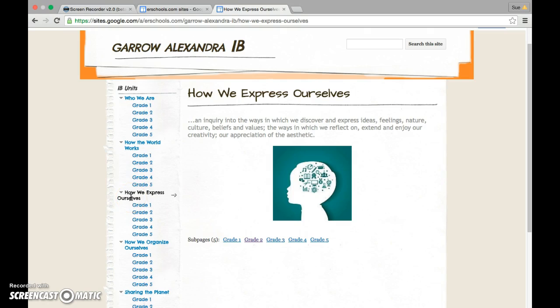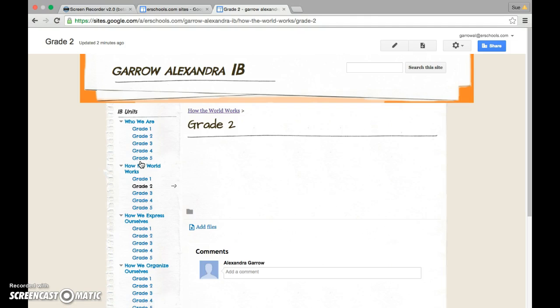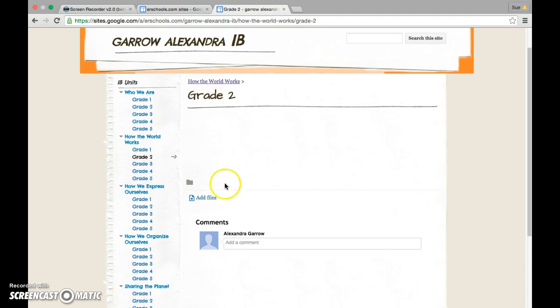So I'm going to use Alex's page 2 or grade 2 page on how the world works, because I know she didn't have anything in there from second grade, so I'm just going to use this as kind of a teaching and testing page, and then I'll delete the things that are in here. So I'm on her grade 2 How the World Works page, and the first thing you'll notice is that on